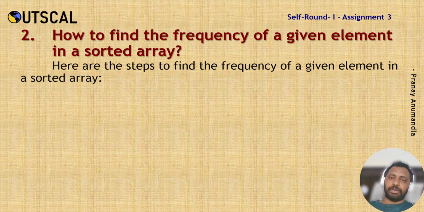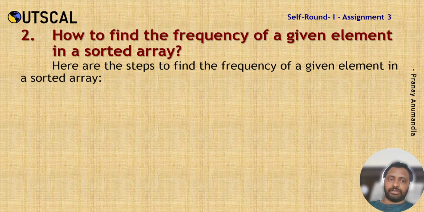So number 3 might occur more than twice. If we have that kind of element, we have to find the frequency of the given element in a sorted array. A sorted array means the elements are arranged from lower value to higher value. So the steps are: we take the input array, the size of the input array, and the given target element whose frequency of occurrence we have to find, and we compare